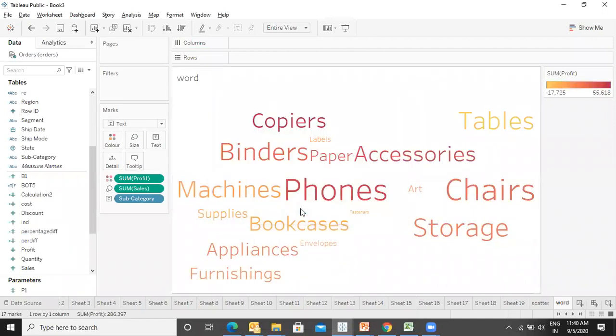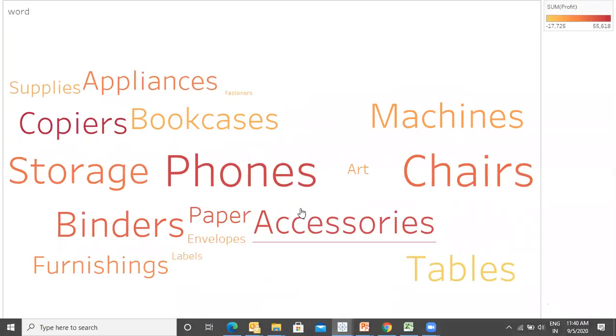Okay. Here it is. So you can see that the phones are represented in the biggest font. Then we have chairs, but the color shading is different. So in phones, maximum sales and maximum profit. Chairs, sales is there, but profit has been reduced a bit. If you go to tables, big size, good sales, but again very light color, that means